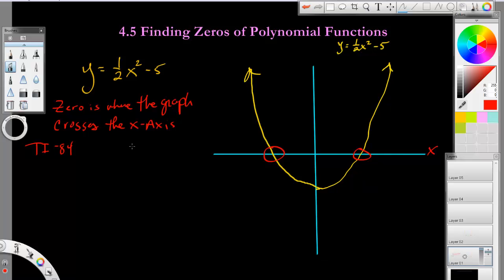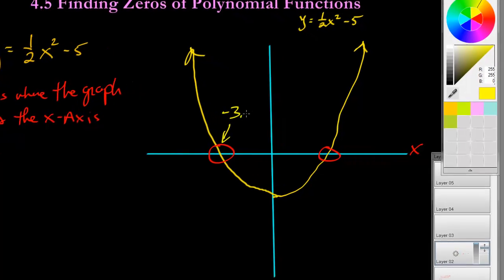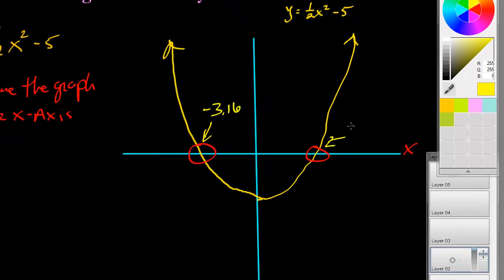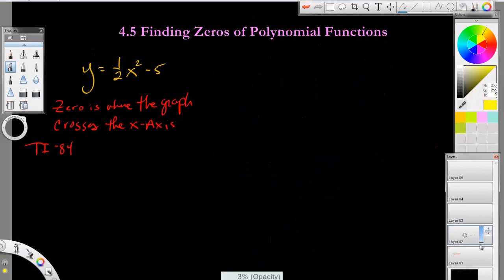All right, so I just showed everybody how to do this on the calculator and find the zeros. And we found that this point right here was negative 3.16, and this point here was positive 3.16, which means this is symmetrical around the y-axis. All right, but we should be able to use the quadratic formula on this. So if I fade this all out and use this space here, remember our answers we're looking for are 3.16 and